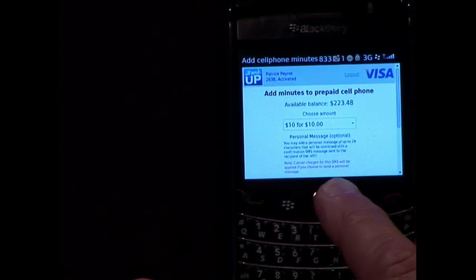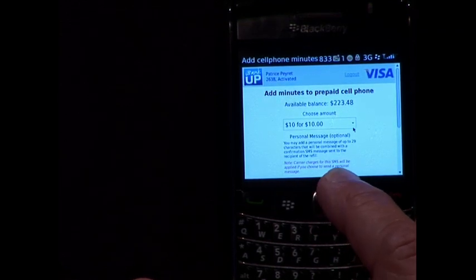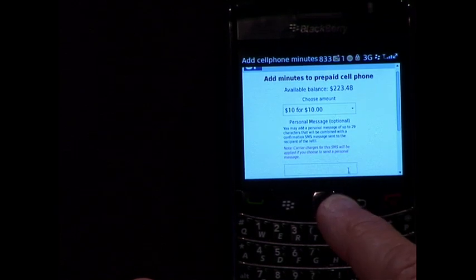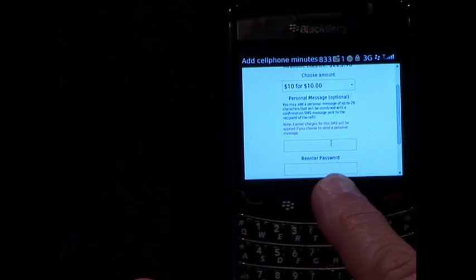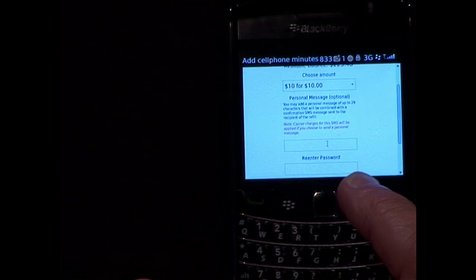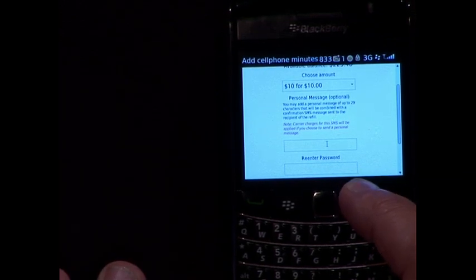So now I'm being asked how much money I want to put in the phone, and here I can choose to keep $10. I can send an SMS message to the person there, and the money will be transferred to the card. So this is really a very special version of mobile banking for people who do not have